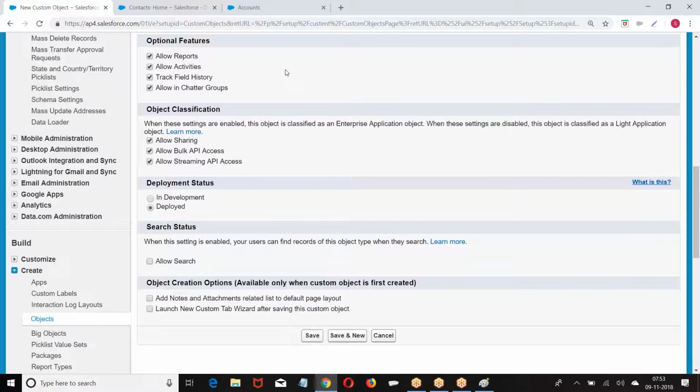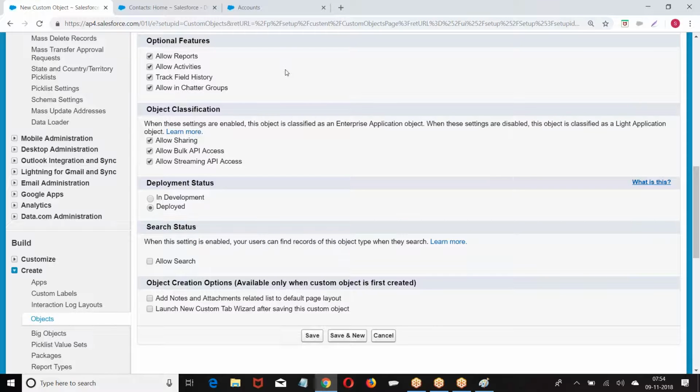An object used in Lightning cannot be used in enterprise, because Lightning objects will have lesser features. Objects created purely for Lightning will have lesser features. Objects created in the enterprise can also be used in Lightning, but objects created for Lightning will not be available for enterprise.